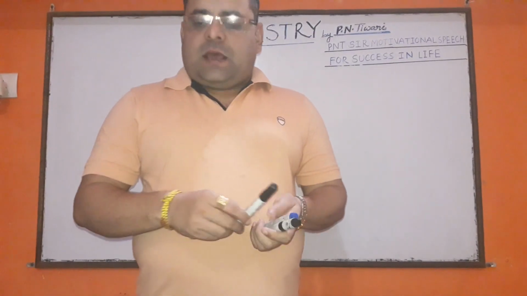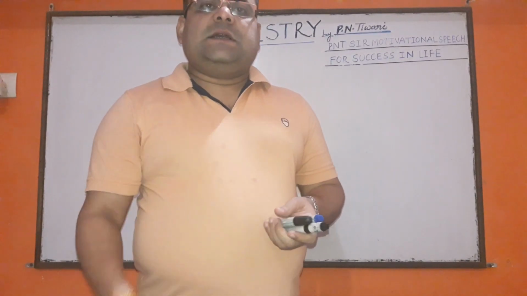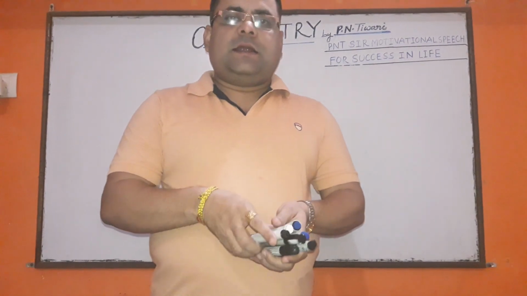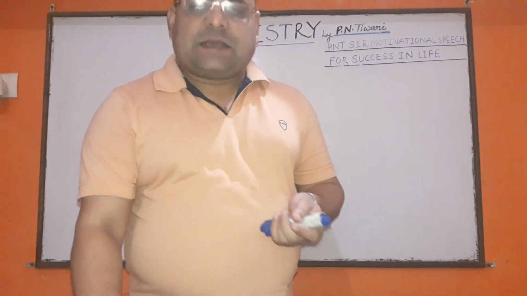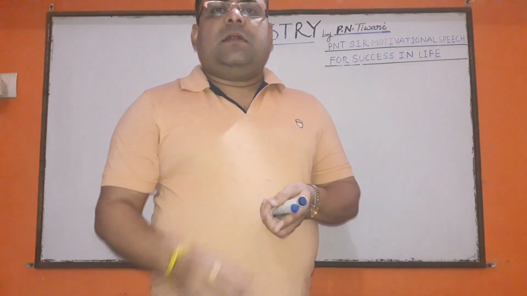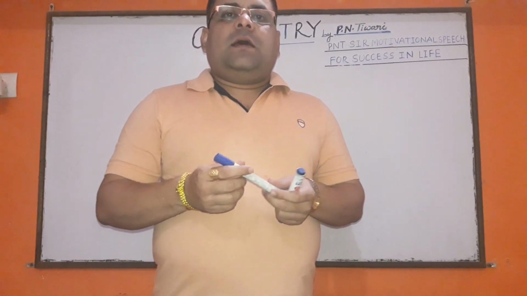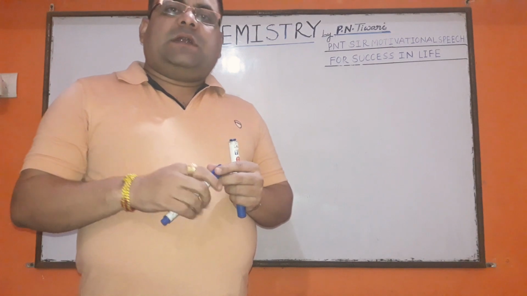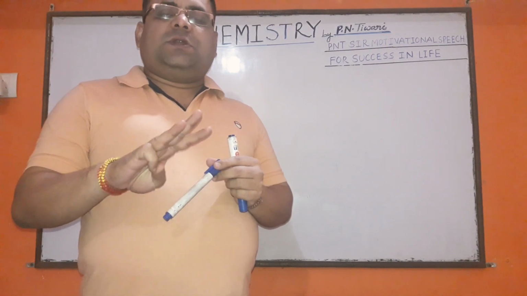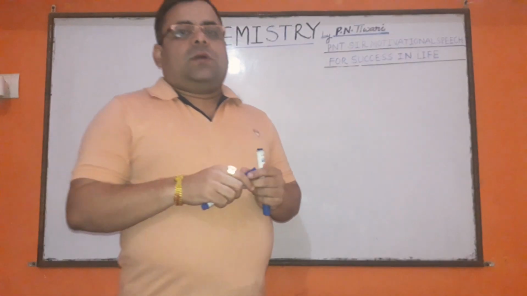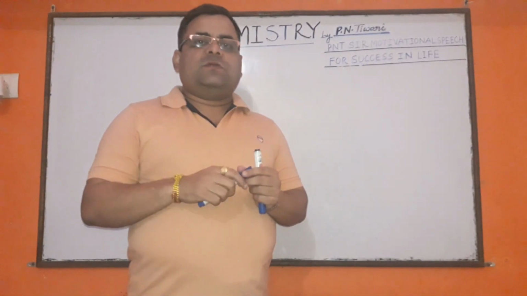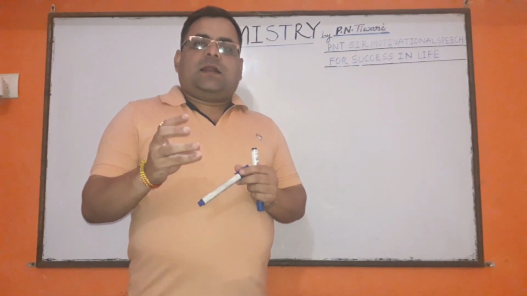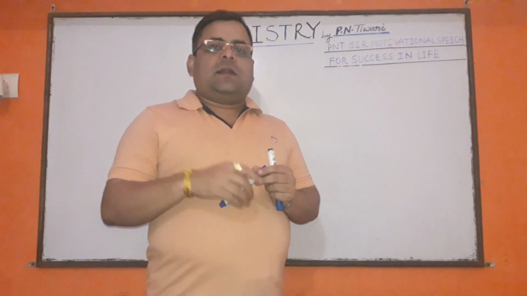In our last video lecture, I have explained about primary, secondary and tertiary alkyl halides. Today I will explain you about geminal, vicinal and terminal halides or alpha omega halides. Dihalogen derivatives can be further classified into three categories on the basis of position of two halogen elements: geminal halide, vicinal halide and terminal halide.